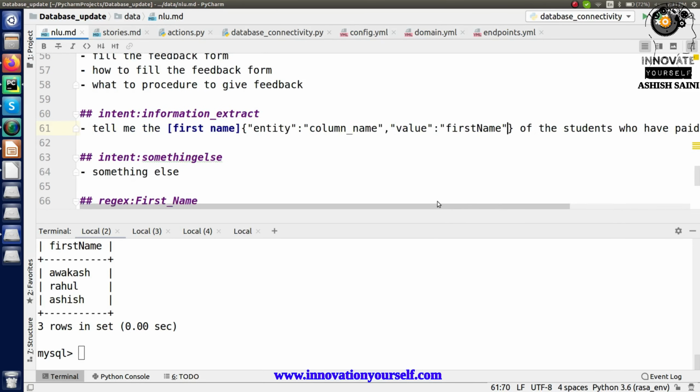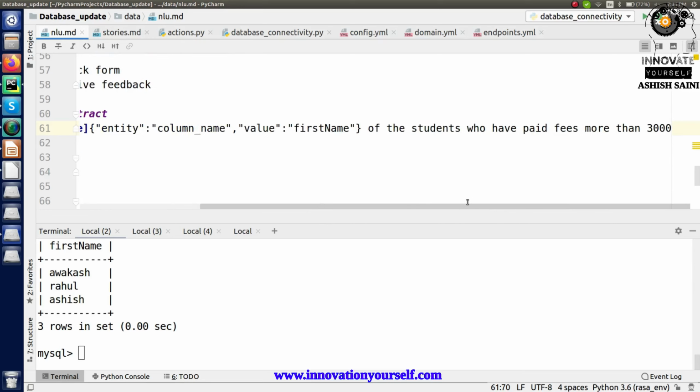Alright, so this is all about the first name, right? Similarly, for the students who have paid fees more than, this is another entity.